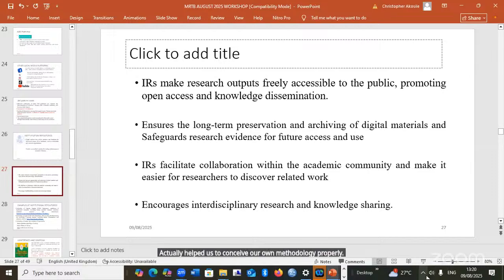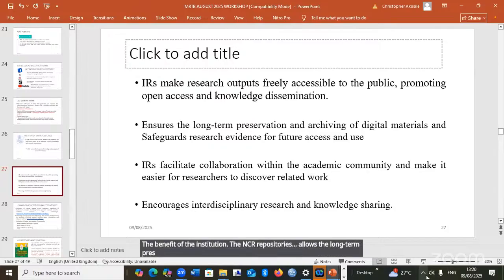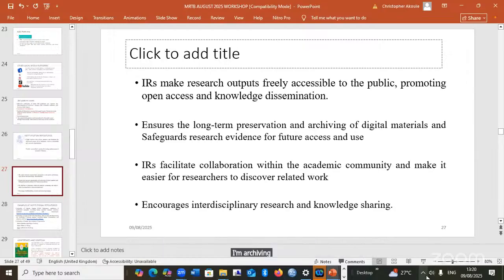However, for the authors or researchers, the benefit is that institutional repositories allow the long-term preservation and archiving of their materials, helping to safeguard the research evidence for future access and use.